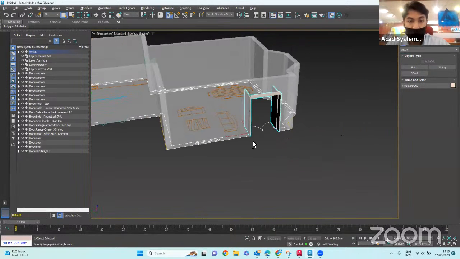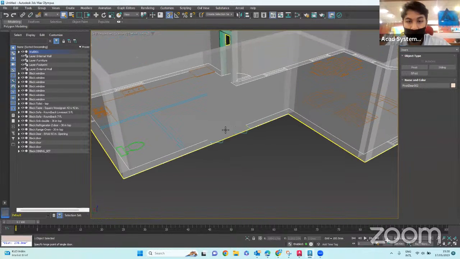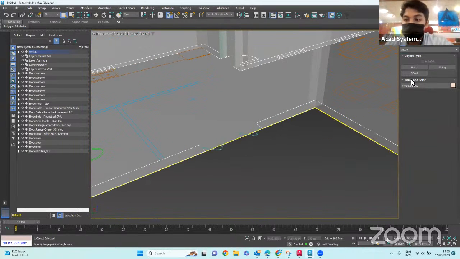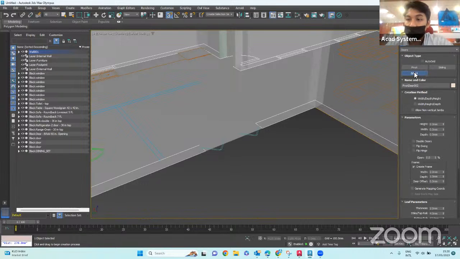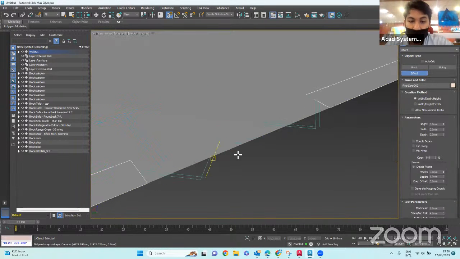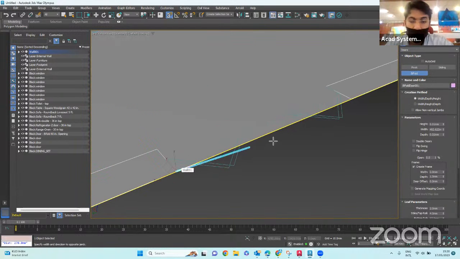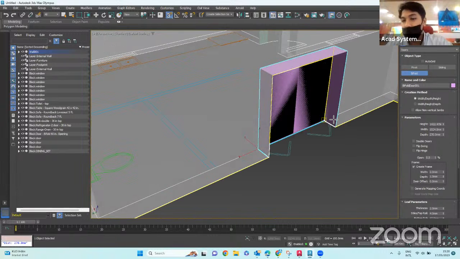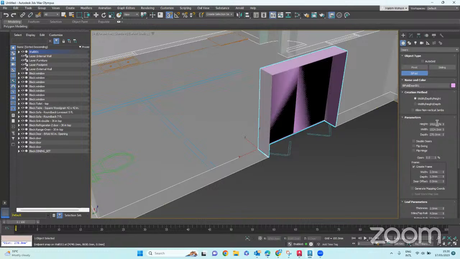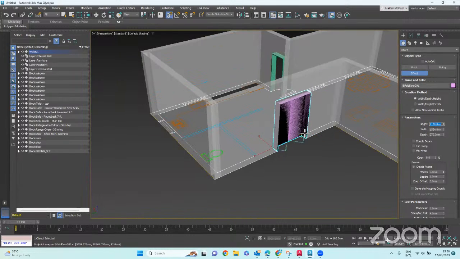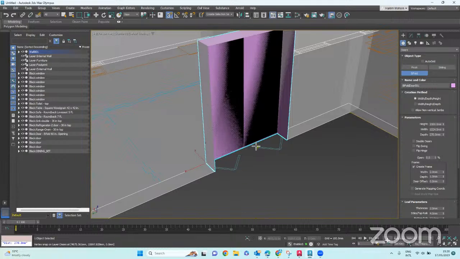Next, I want to show you this type of door. This will be a bifold door. So again, on the right side of your screen, make sure you are in create geometry doors and select bifold. The methods are pretty similar. Click here, and then you create the width, depth, and then height. Normally the height, I will just do it randomly, and then later I will set the value here. Just type in 2100. So you check it out. I would usually